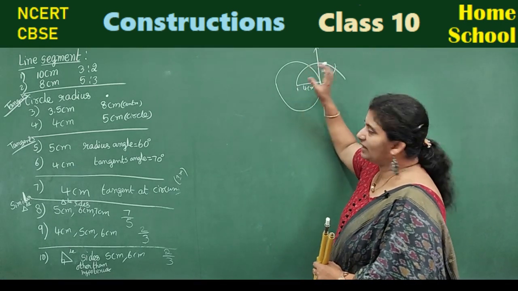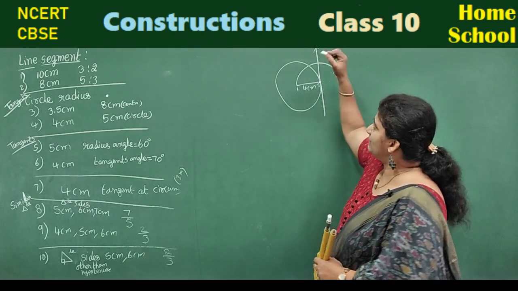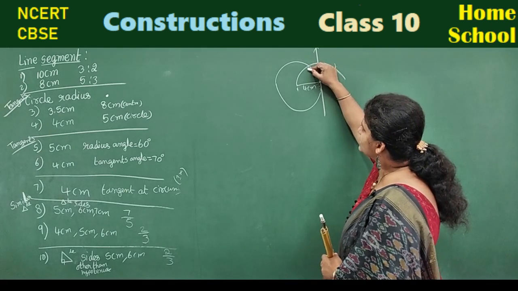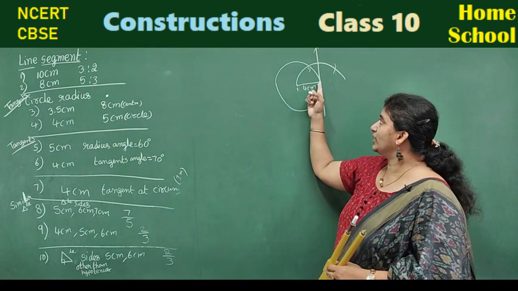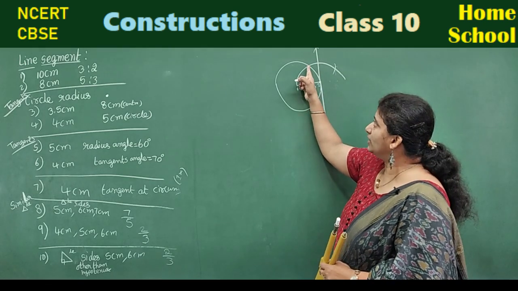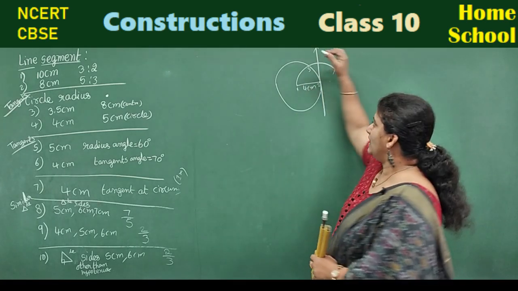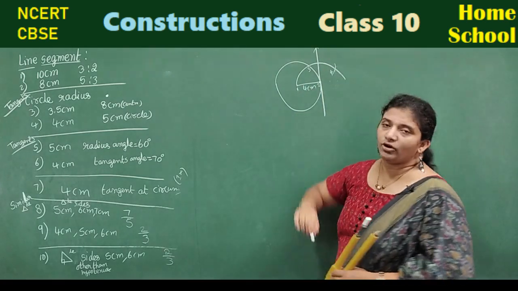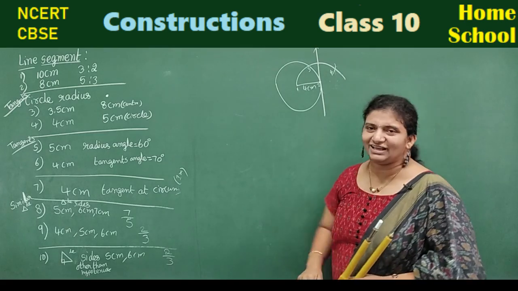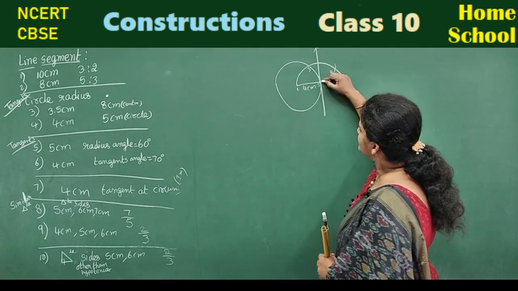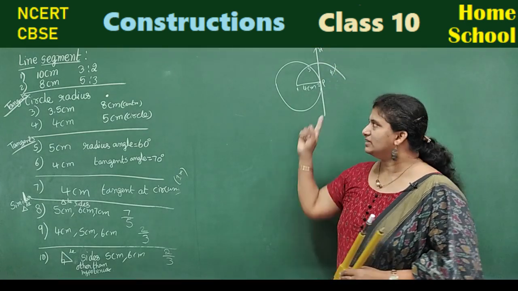So again I repeat: with this as the center, draw a circle and draw the radius. With the same measurement, lift the compass and put your point here too. Draw a semicircle. Again lift the compass and put your point here. I am numbering the points to show how we are lifting the compass. Put here and draw the circle, put here and draw the semicircle, and put here and draw an arc above and on the semicircle. Then lift your compass, put your point on 4, put your point here and cut the arc. You are going to get the tangent. Okay, mark this as P. AP is the required tangent for a circle of 4 centimeters. This is a rough figure.